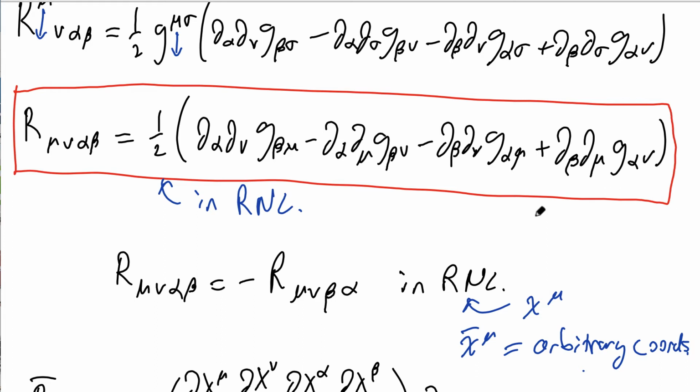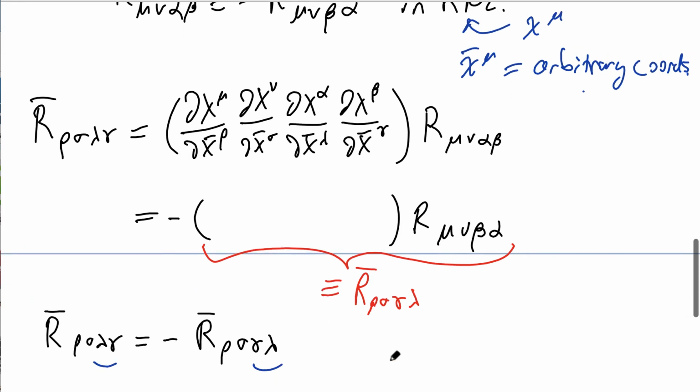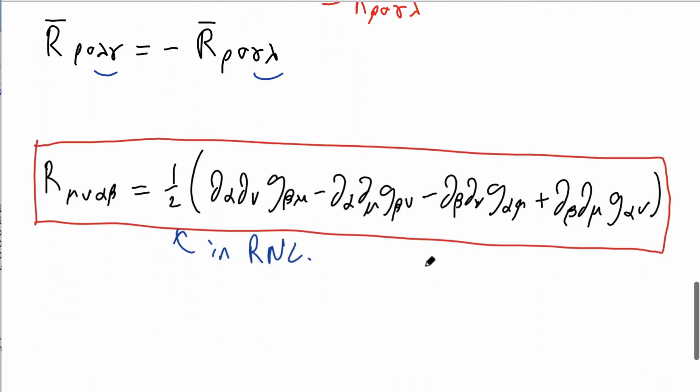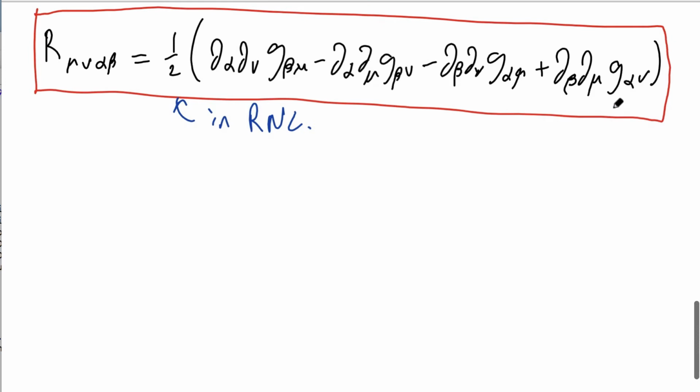So we'll use this same type of reasoning to identify other symmetries of the Riemann tensor. We'll identify them as symmetries using Riemann normal coordinates, and then we'll know from using this type of argument that the symmetry must hold in an arbitrary coordinate system. So here I've rewritten the expression for the Riemann tensor in Riemann normal coordinates, and we can use this to look for other symmetries. One symmetry that's not hard to spot is if I interchange the first two indices, it's